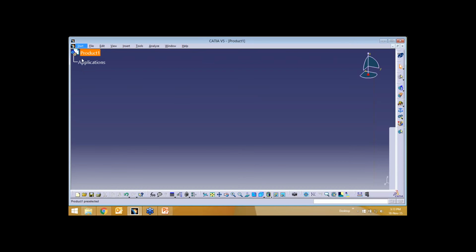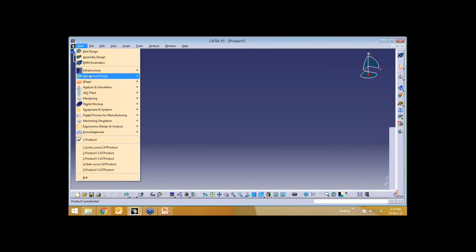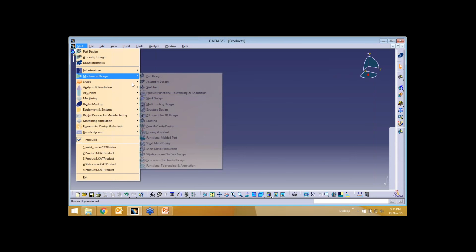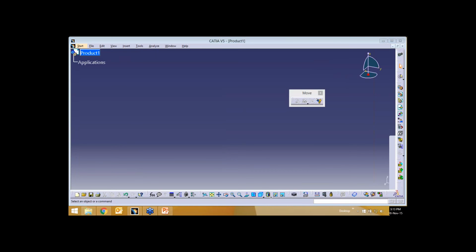I'll go to Mechanical Design, Assembly Design. What you can do is bring in all the existing components, create an assembly, and position all the components at their desired locations using the Move command, and then go to Digital Mockup, Kinematics. Here you can apply joints.